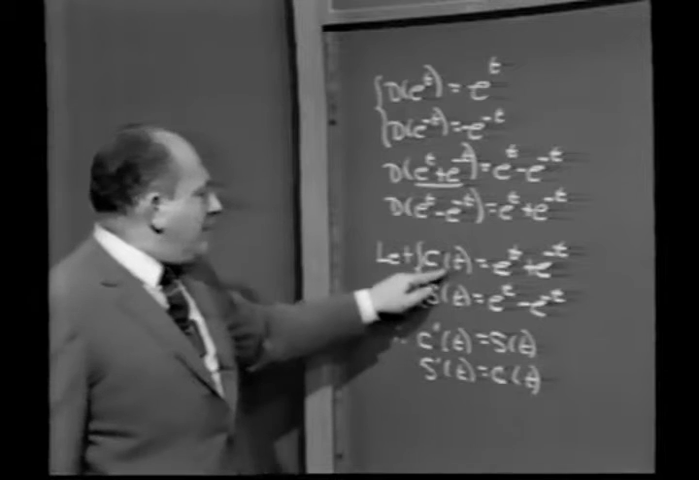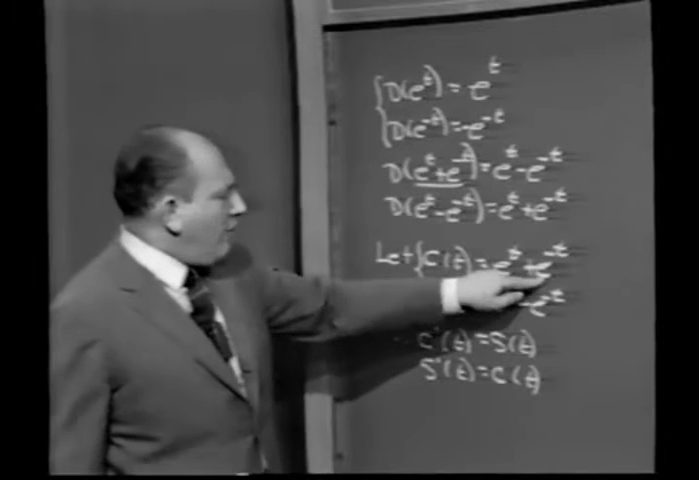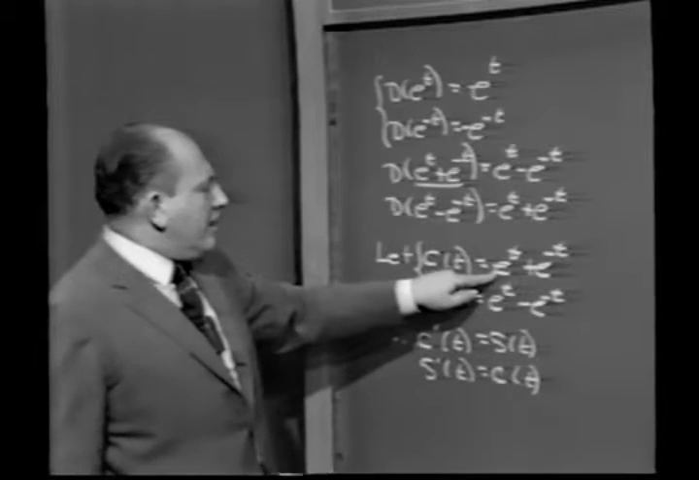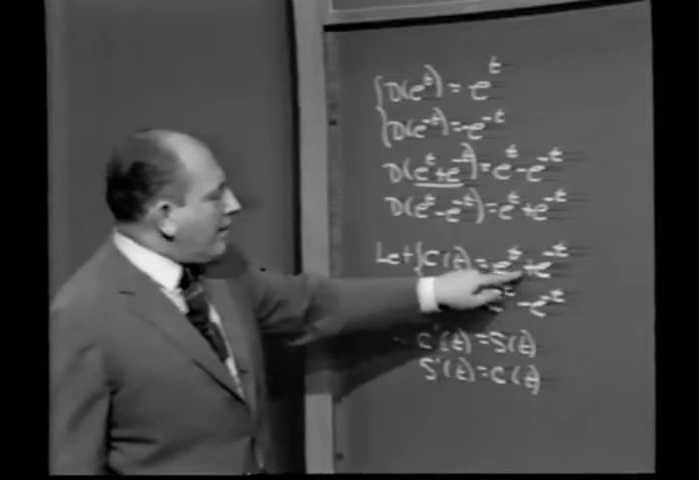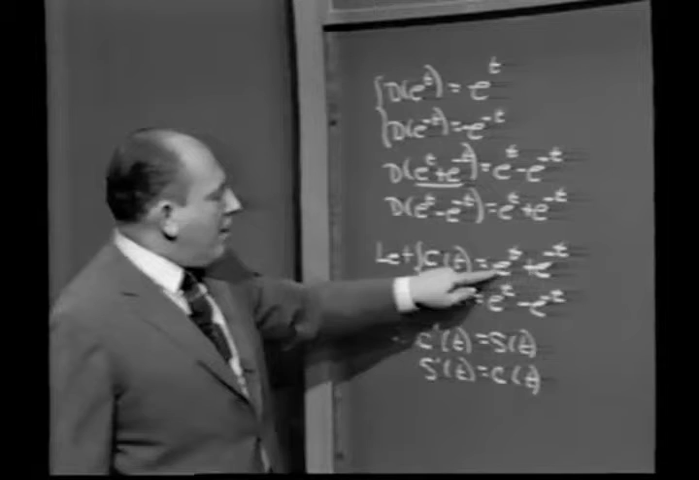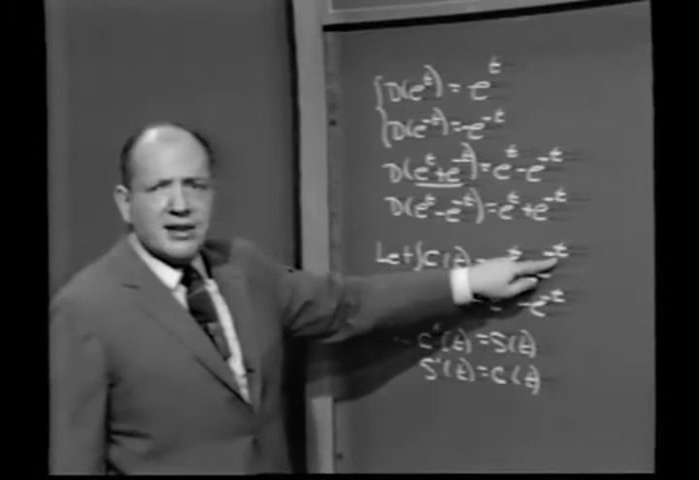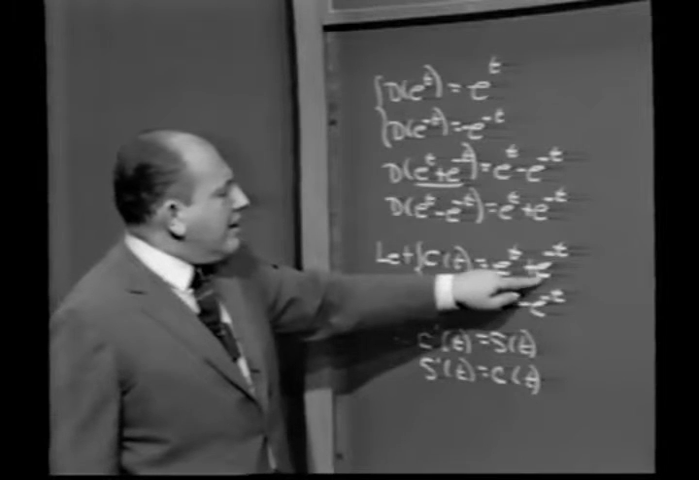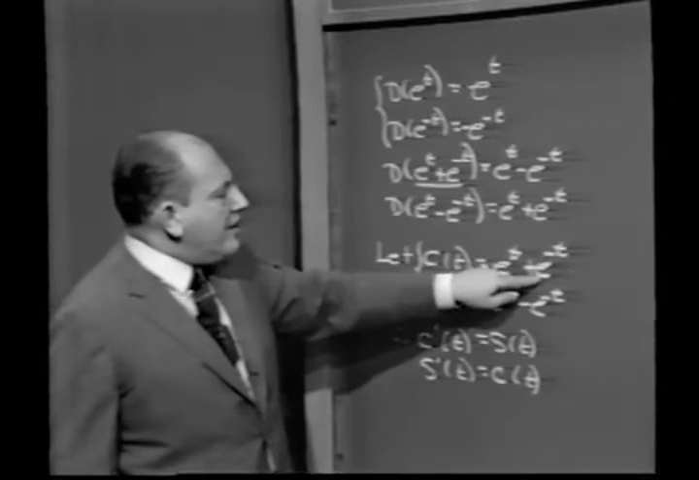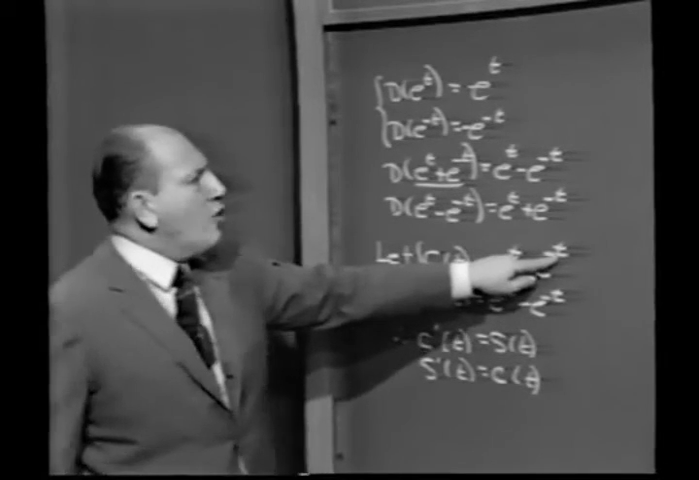In other words, starting with this definition of c, this is a binomial, let's square it. You see, if we square it, it's what? It's e to the 2t, the first term squared, plus twice the product of these two terms, but e to the t times e to the minus t is e to the 0, which is 1, plus e to the minus t squared, which is e to the minus 2t. In other words, putting this